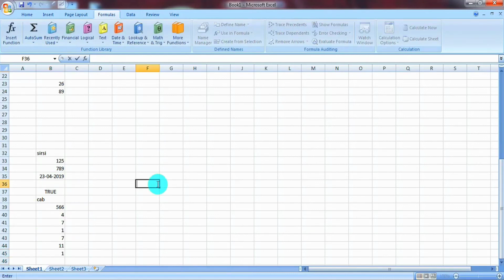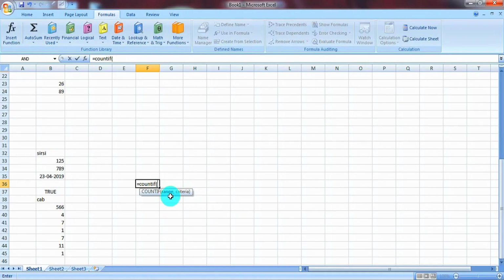Next function is COUNTIF. This function counts the number of cells within a range that meet the given condition. So the arguments are, first argument is range, second one is criteria.